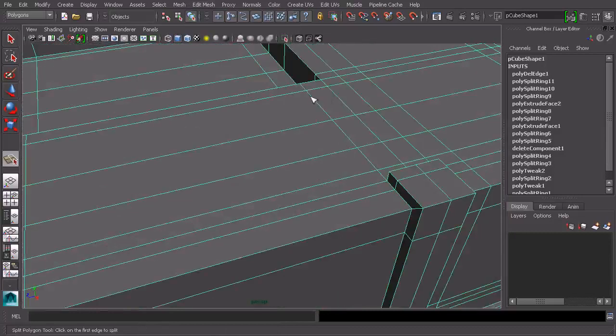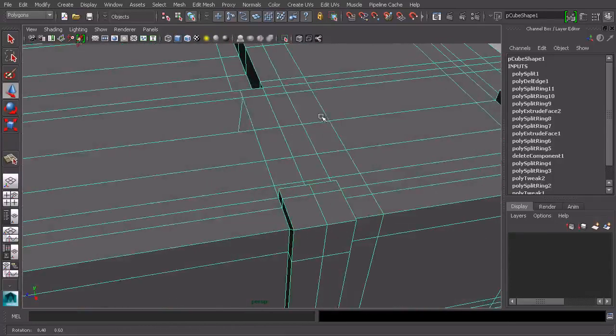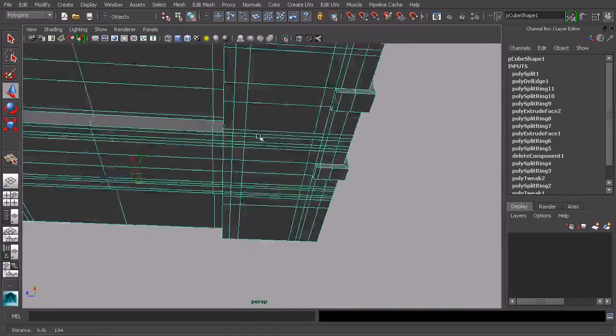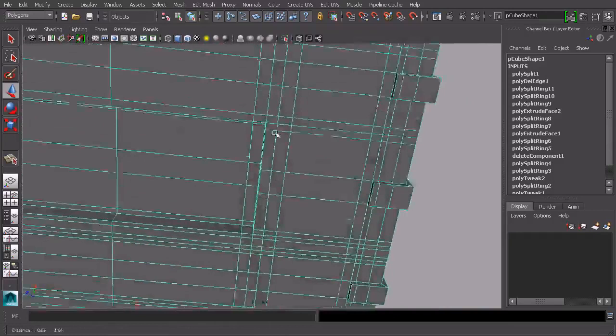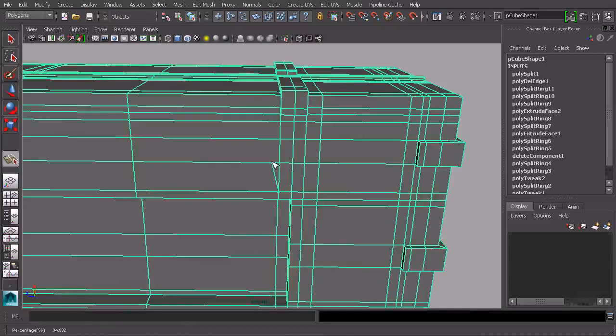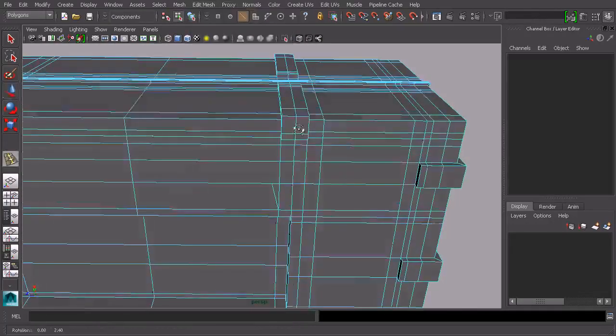And let's start from kind of right here, and then we'll draw out to this point, hit enter. So we've now drawn out a line coming out from this side. All right, we can do the same thing underneath here. We'll go from kind of the same spot, something like that. Now, with that cut off, we can use the insert edge loop tool now to add that